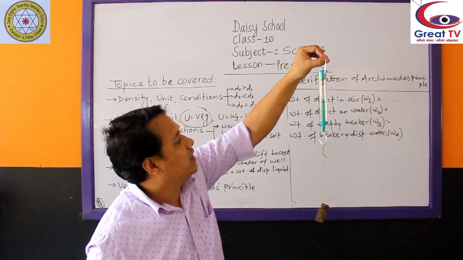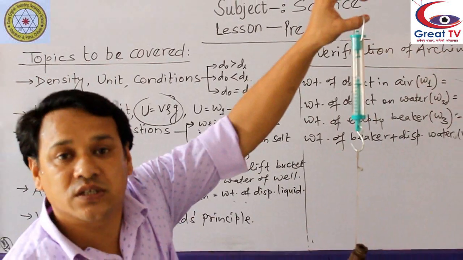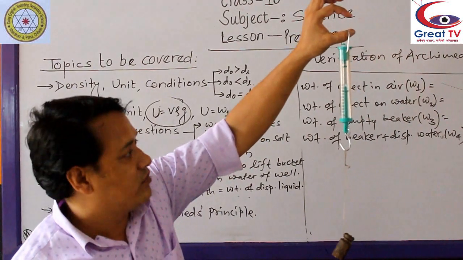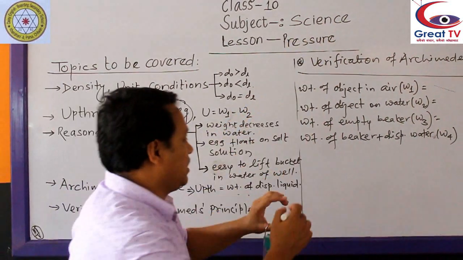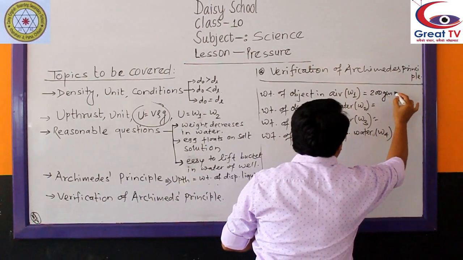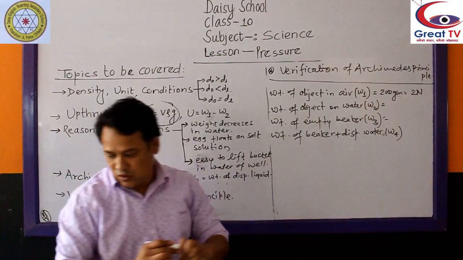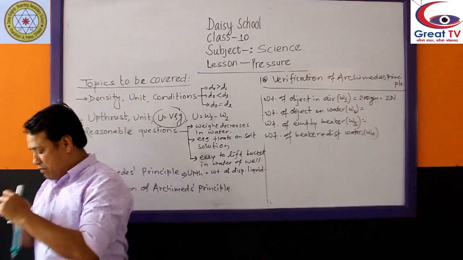So it is 200 gram, which means 2 Newton. 200 gram, or 2 Newton here. So it is 200 gram, that means 2 Newton. Now we have to measure the